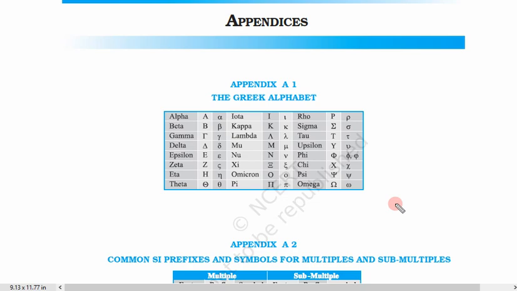Now we have understood why we need units. Why do we need units? To measure something, to compare something with some kind of standard. Because we cannot simply go to the market and say just give me 3. I should add some kind of unit, kilogram, meter or anything else.